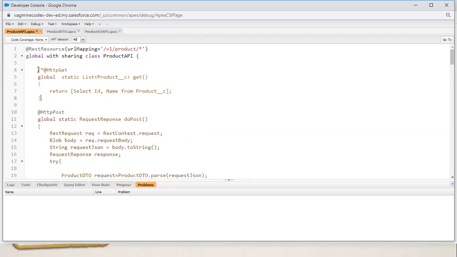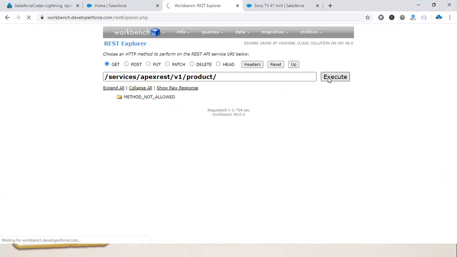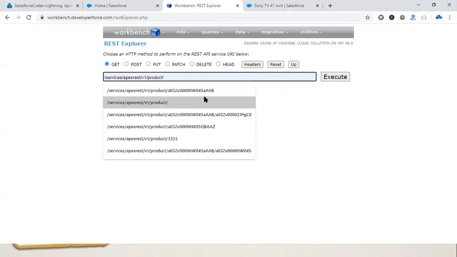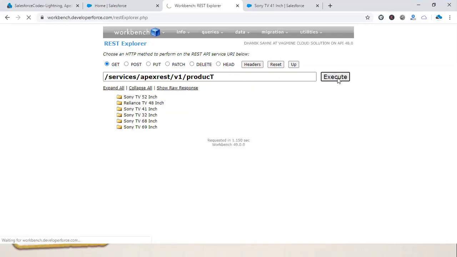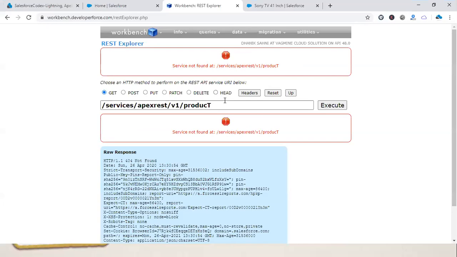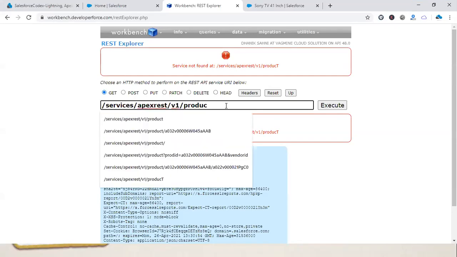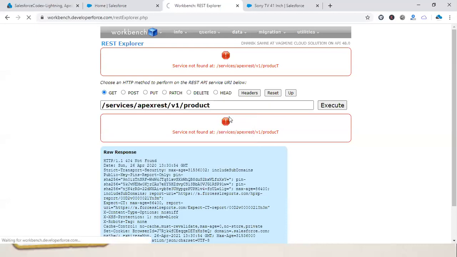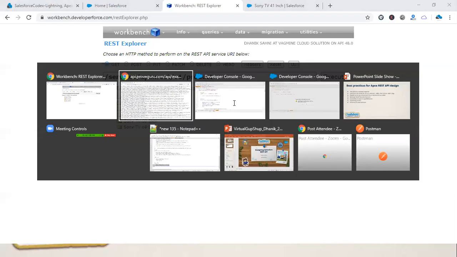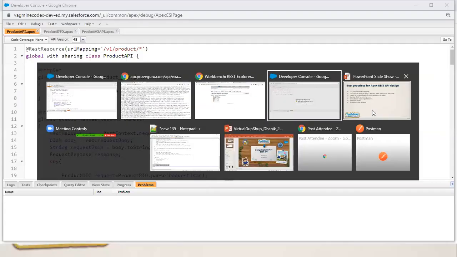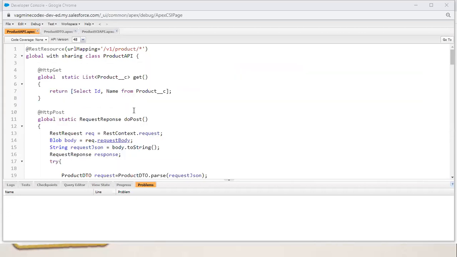I have deleted that method, that's why it's not responding. So now it should return all the data, but what if I put a capital P here in product, or a capital T? It's not responding with the data. Okay, so it's case sensitive. So while designing or creating, you should take care of this as well.